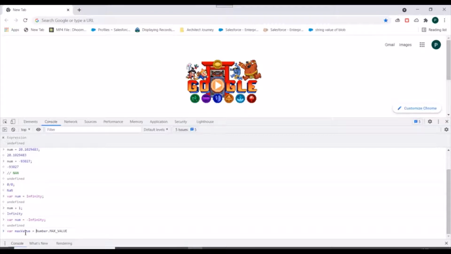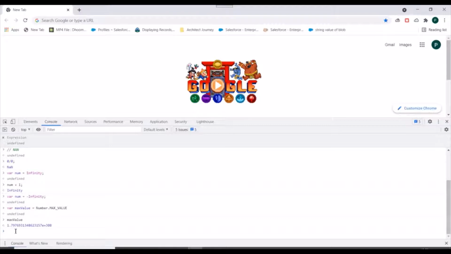Now what will happen? This will store the maximum possible value in JavaScript. So this variable has that. Now whether it is a safe integer or not, how can you determine that?